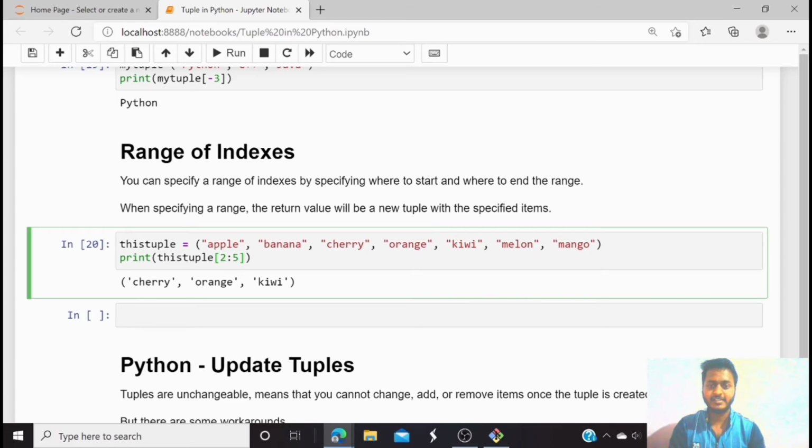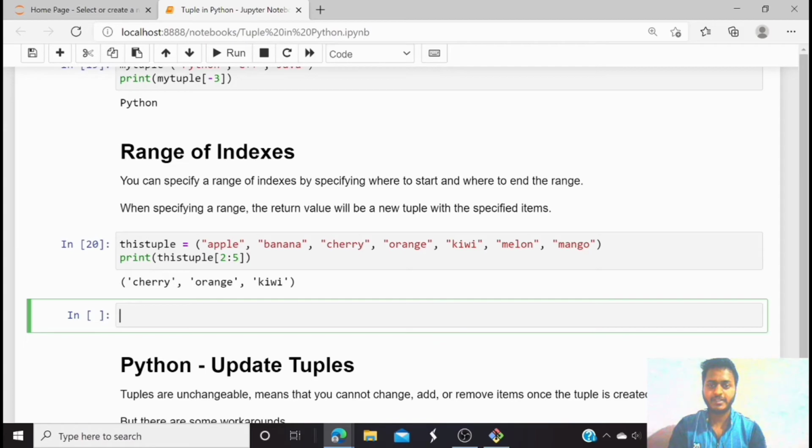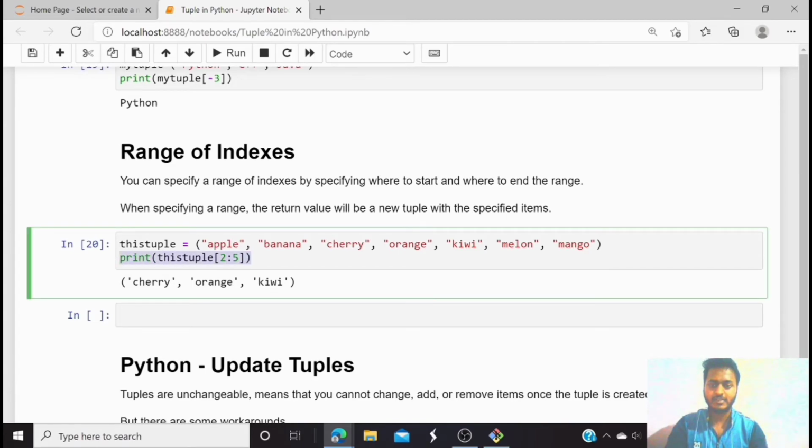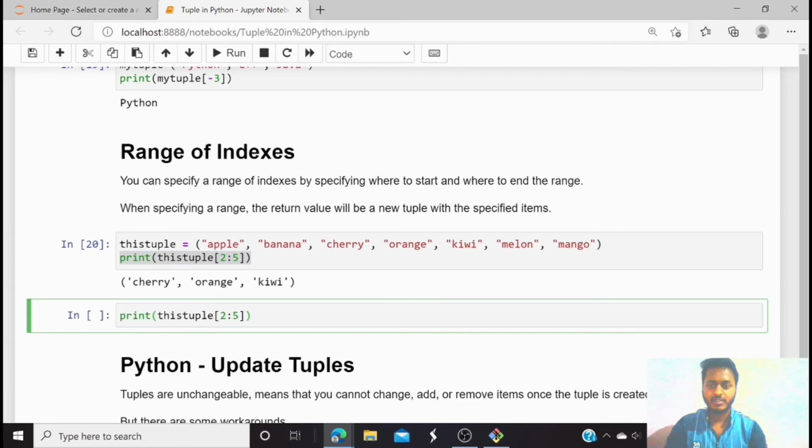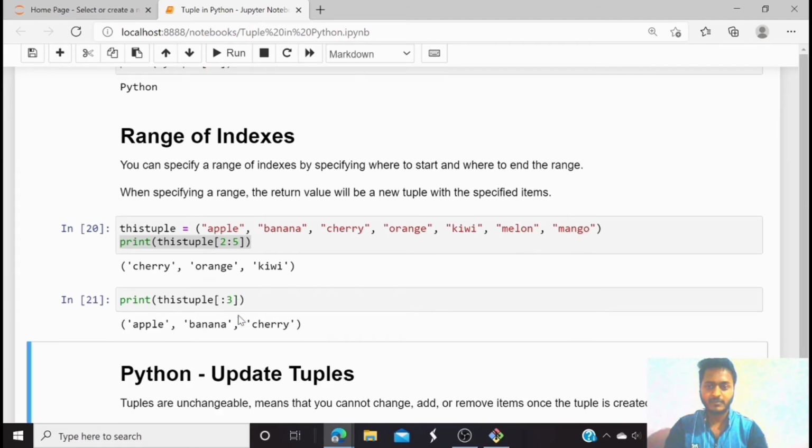So the last index is neglected by the range. Suppose I want to print the first 3 elements. Then how can I do that? It's so simple. I have to just assign a 3 here. Here you can see that apple, banana and cherry are the first 3 elements of this tuple.